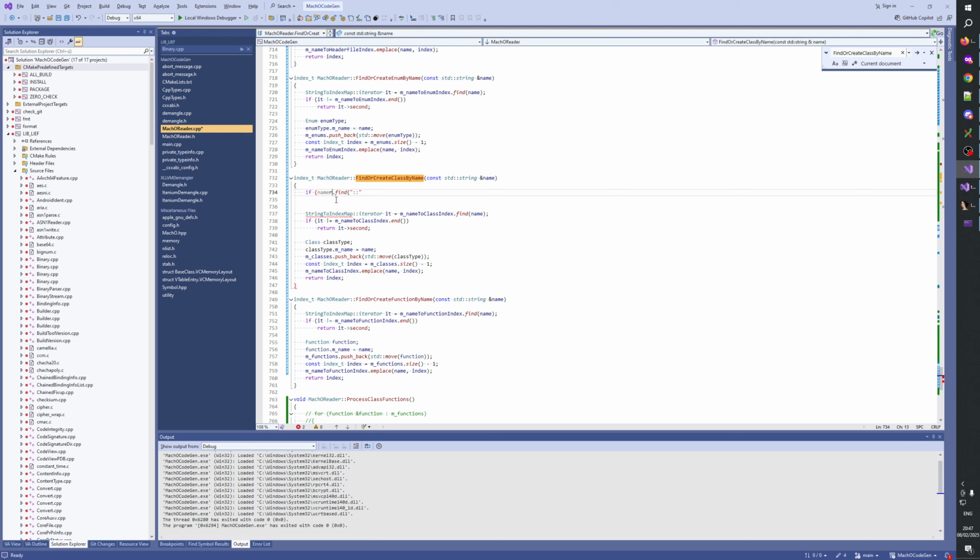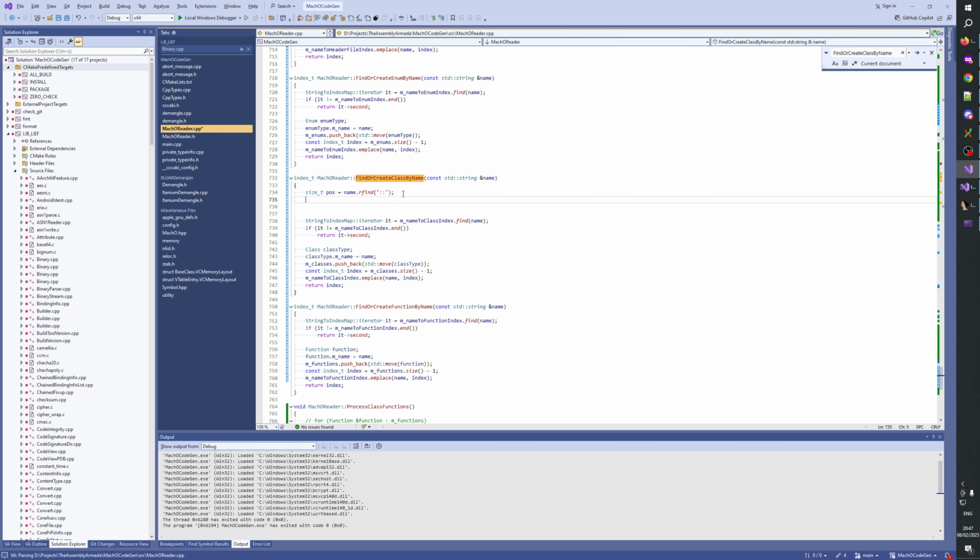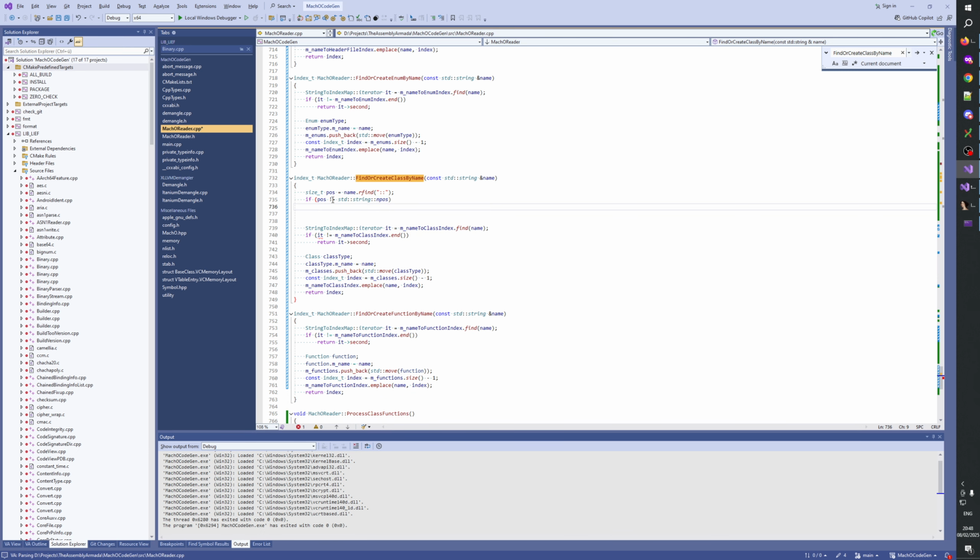We need to use rfind. Okay, size t position. I'll find this thing, and then we say if pos is not std string npos, then